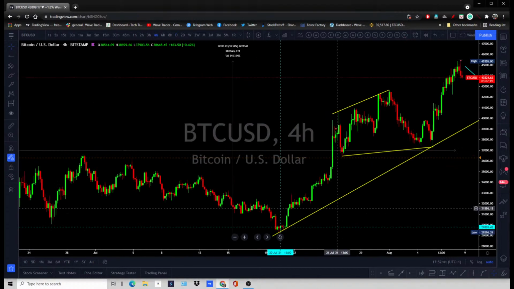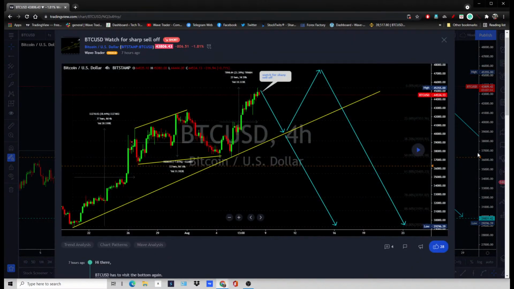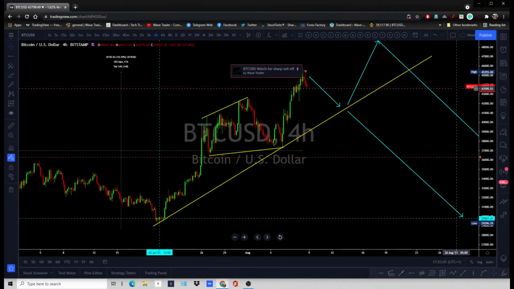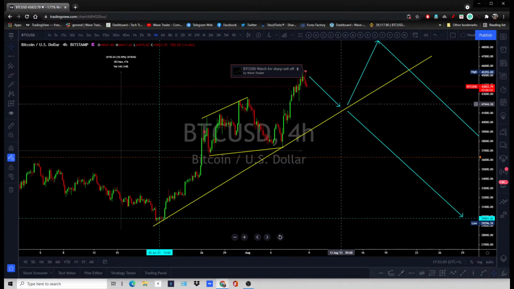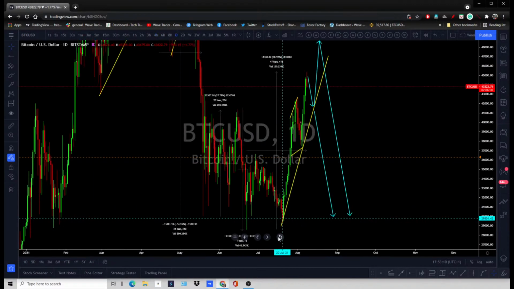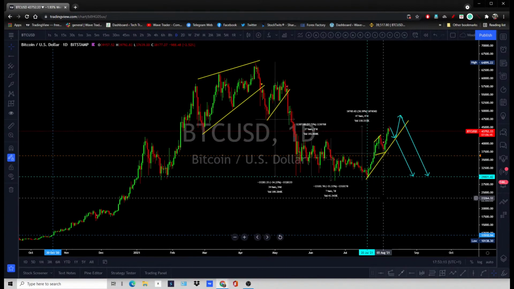So Bitcoin, as I said, there is no reason right now for Bitcoin to keep its trend for more upside. And that's the chart. A sharp sell-off, correction, and visit these lows again, 30, 32 areas, then hold that and go back up. If you are looking to buy Bitcoin at such levels for more upside, I think you should think twice, because it's very expensive, and it's better to wait for this to drag lower.